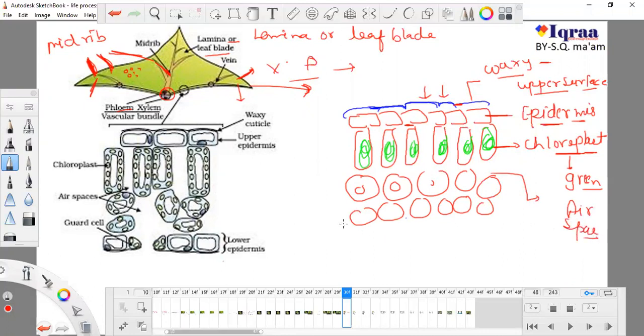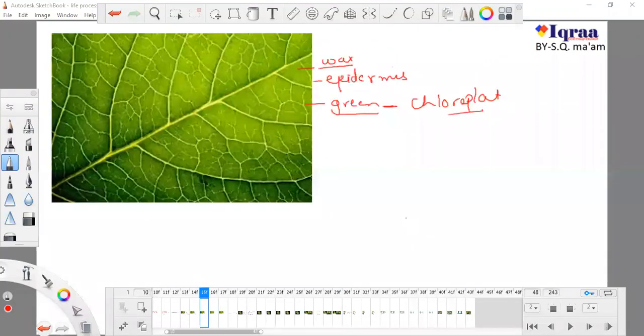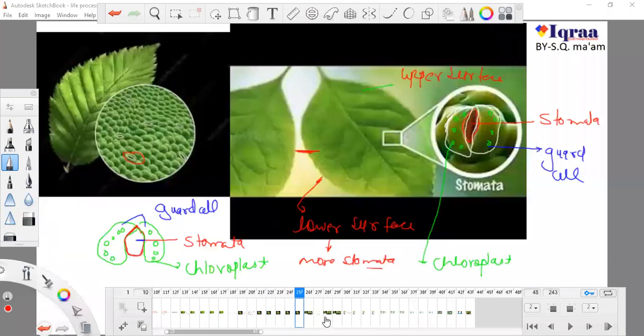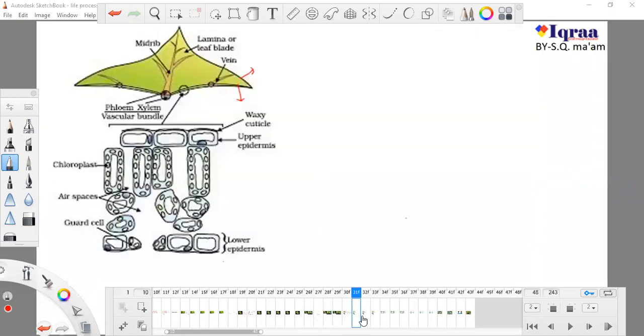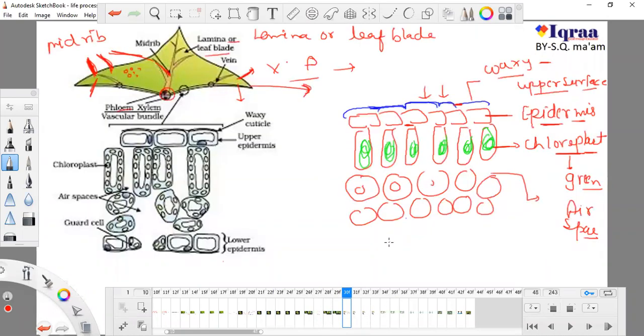And at the lower surface, what did we study? That a leaf has two surfaces. This is the upper surface, and behind this there will be a lower surface. The basic structure of the upper and lower surface is the same. This is the lamina blade of the upper side, and there will be a lower surface behind it. So while drawing this, we are also drawing the lower epidermis. This is the upper epidermis, and behind this there will be the lower epidermis, the lower outermost layer. This is also the epidermis.